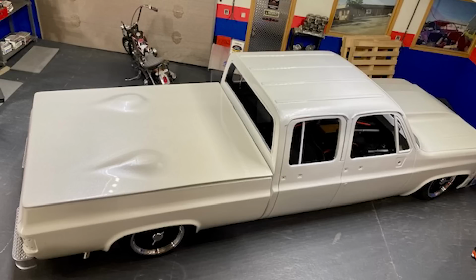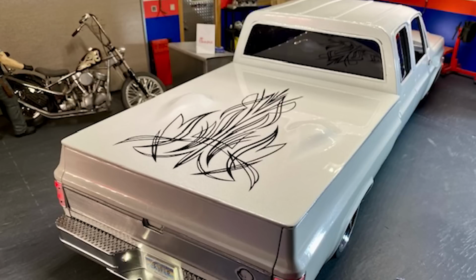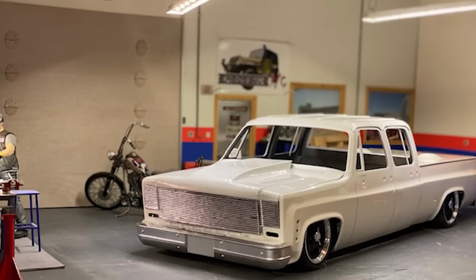I really like the Lowrider concept and how Scott was able to make it work for him. The cool humps in the rear sort of bed cover there is also pretty neat. And there's some really nice pinstriping going on there too. All in all, a very unique build, and one worthy of being on the list here, the Scale Builders Guild